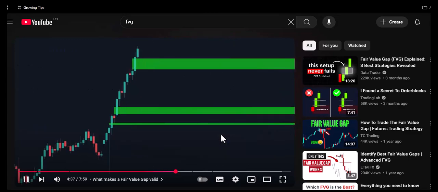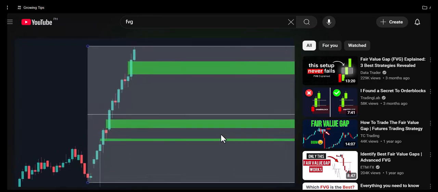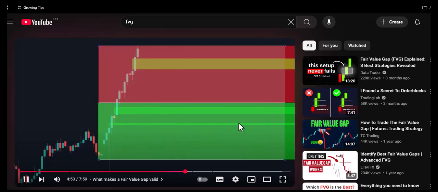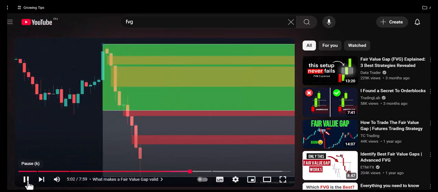If you have multiple fair value gaps on a chart, just grab this tool and mark from the low of the move to the high of the move. This will give you an easy way to see what fair value gaps to trade. In a perfect scenario, you should not be trading any fair value gaps that are in the upper portion of this tool. You only want to be trading gaps that are in the lower portion of this tool. Same thing with shorts, mark the high of the move to the low of the move. You only want to be trading fair value gaps that are in the upper portion of the tool. If you follow this step,